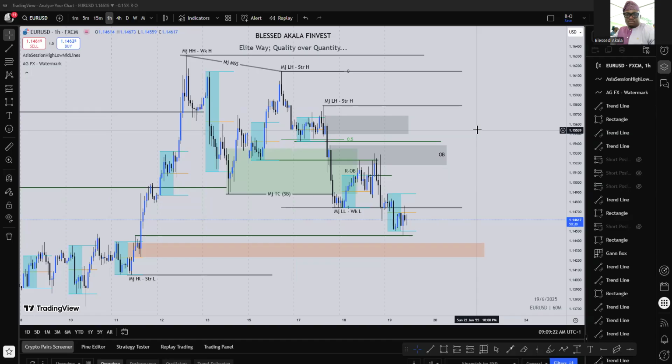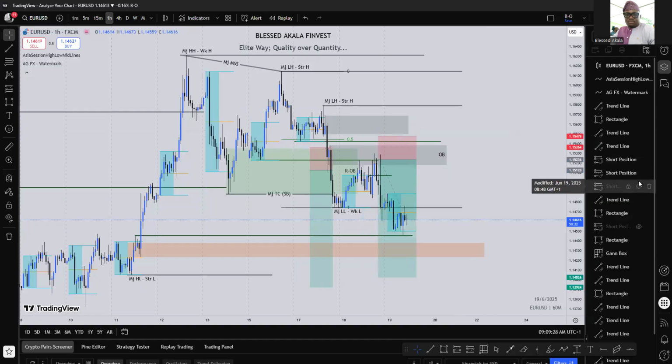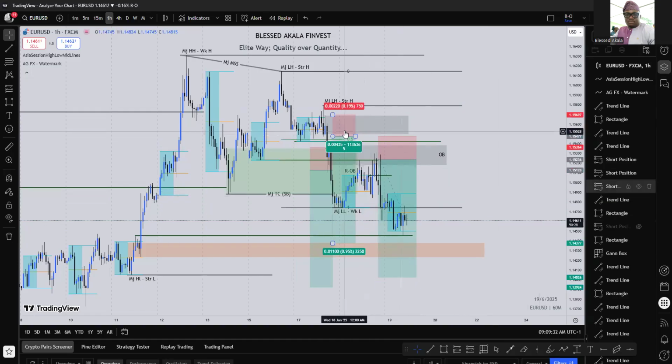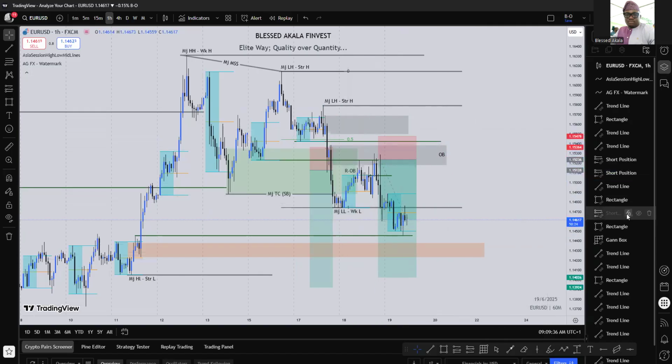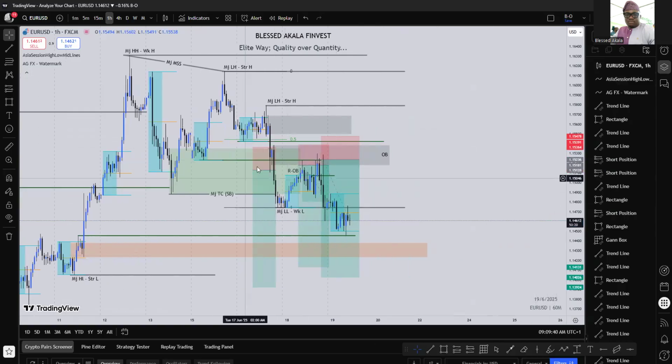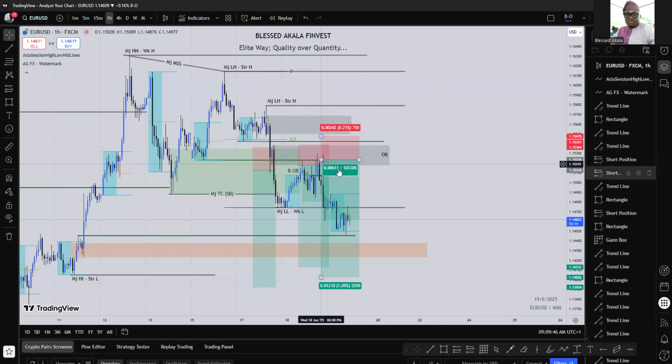We start by reviewing our previous trades. We have so many short positions in place here, and I have three. This particular one, I've taken out of the market because I'm not anticipating any movement to that area. So basically, we have three. I personally have three orders, and I believe I gave only one yesterday,